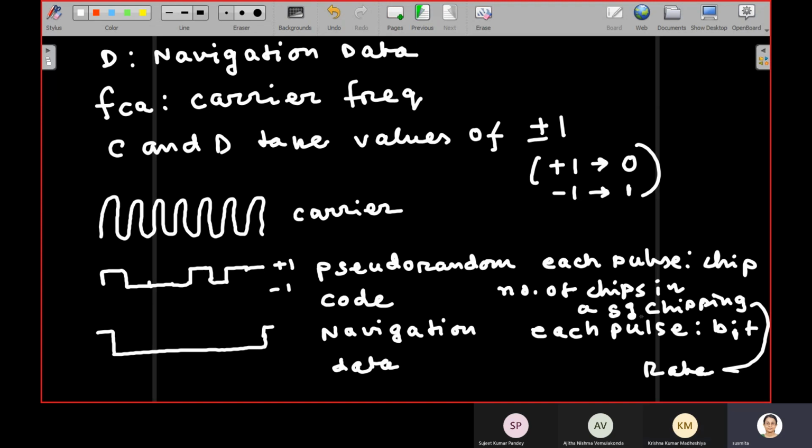Ma'am, the bits do not have any fixed pattern, so they are random. That's why it's called random, pseudo-random. If it is completely random, we will call it random. Why do we call it pseudorandom? Because the input is deterministic, but the output has random variables, so it is pseudo random.